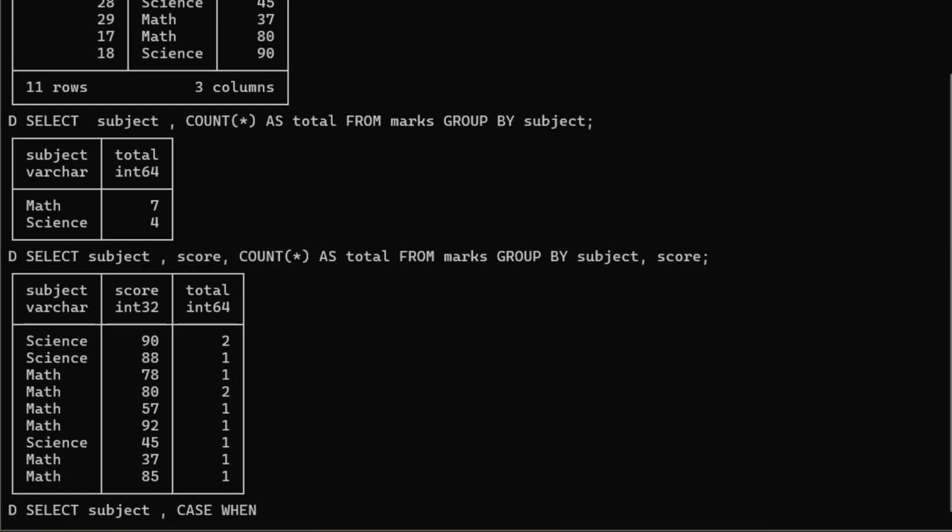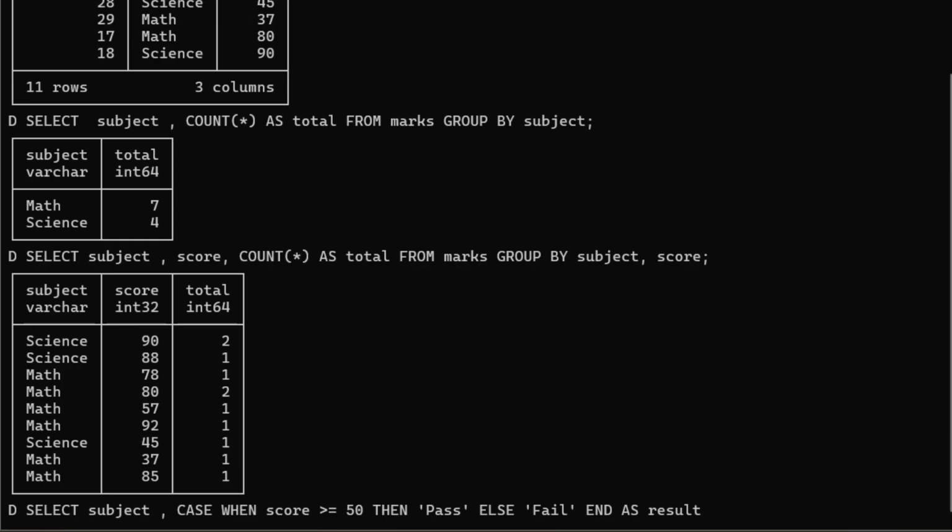So when the score is greater than or equal to 50, then pass, else fail. So that's our condition. If the score is greater than or equal to 50, they pass, or they fail. Now we end the case by END AS, give a name to it like result,